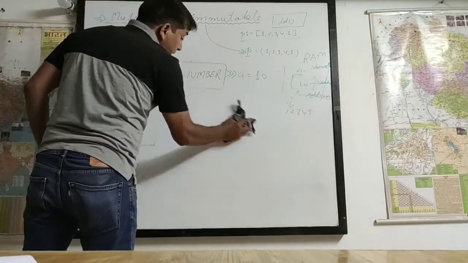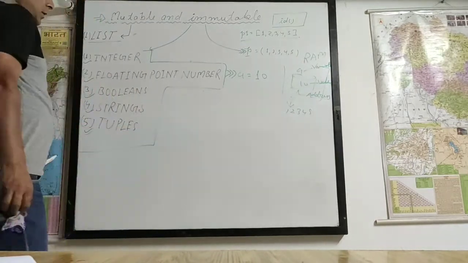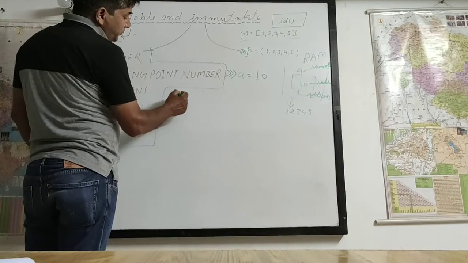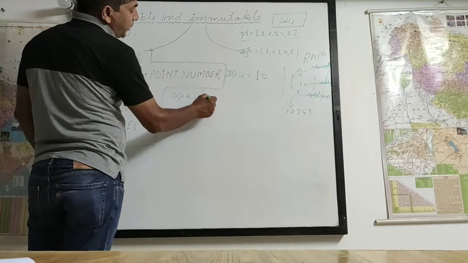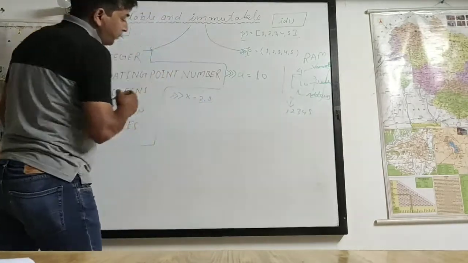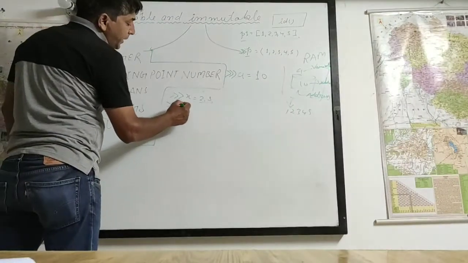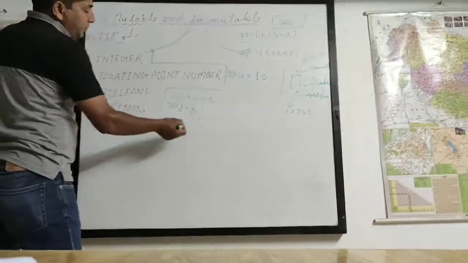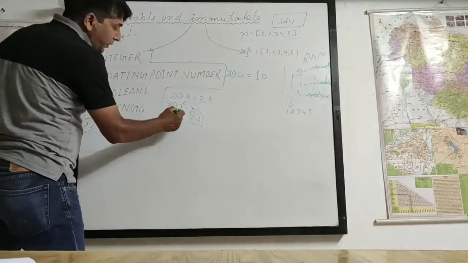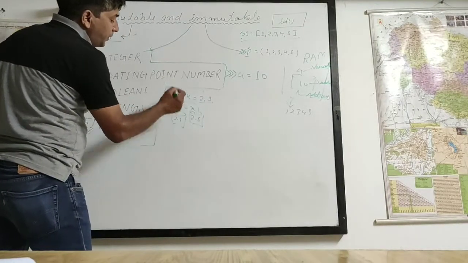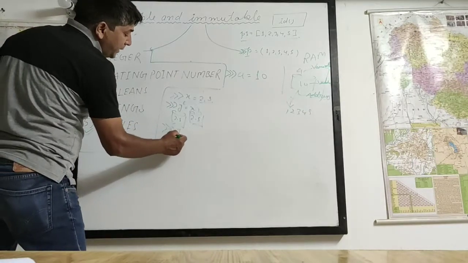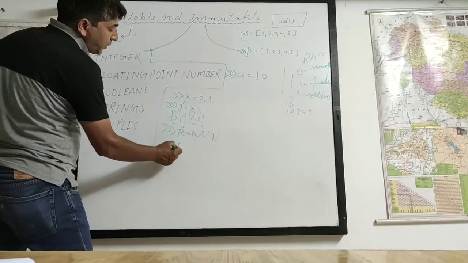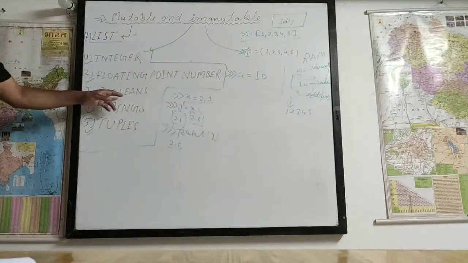Same as boolean, which has true and false. Now the next one, floating point. Floating point numbers, as you are familiar, suppose here x equal to 2.5. This is the floating point. And suppose y equal to x. As you know, the value of x is 2.5, and x itself is not assigned, its value is assigned. If you print y and press the enter key, then the result comes 2.5. The same thing holds for the boolean.